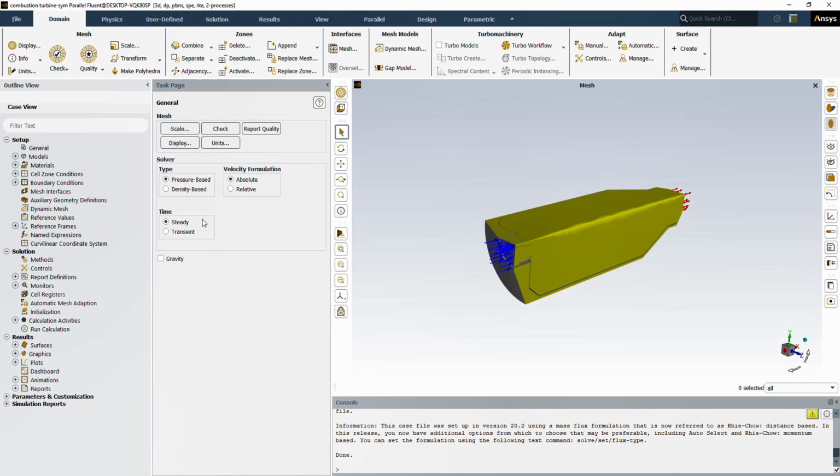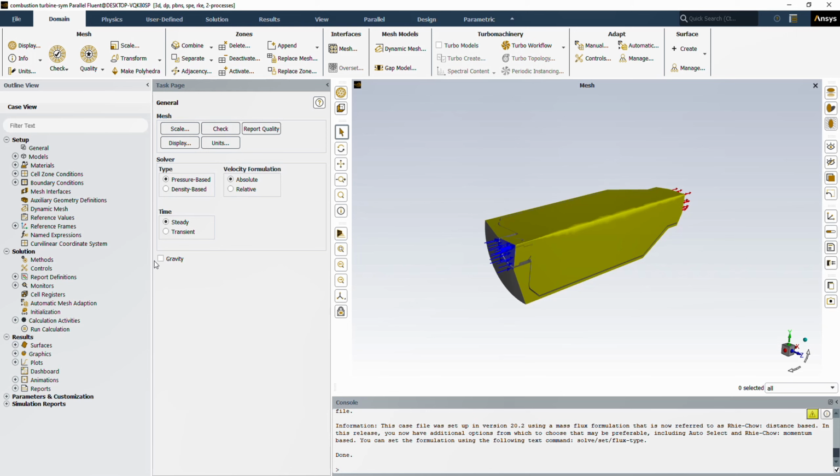transient phenomena. And for gas turbine combustors operating at stable conditions, the flow patterns and combustion characteristics reach a quasi-steady state that can be effectively captured without the computational expense of transient simulations. Also, we ignore the gravity effects in this simulation because at high flow velocities and high temperatures in gas turbine combustors, the inertial and pressure forces dominate the flow behavior, making buoyancy effects negligible compared to the momentum-driven flow characteristics